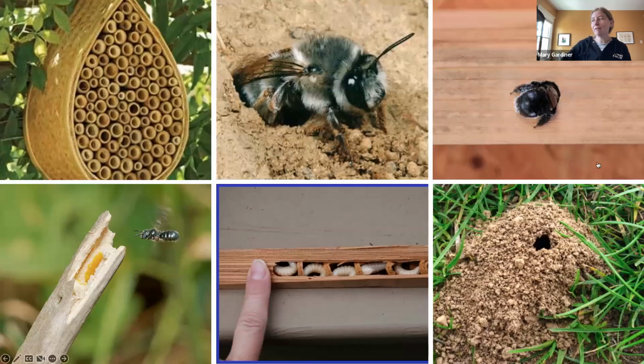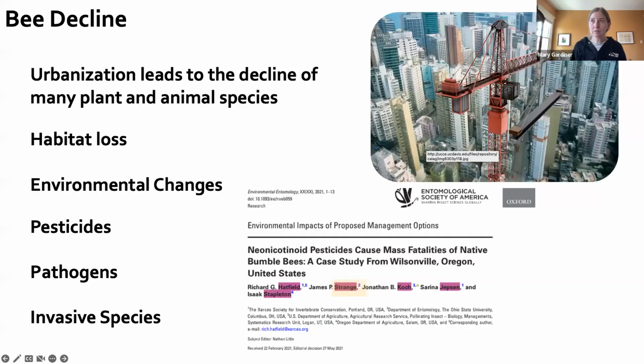Solitary bees make their living in all sorts of different ways. Some nest in cavities, like little stems or pithy stems or crooks in bark, or even cavities that we provide. Some nest in soil, and this is an example of a soil nest. Some nest in wood like carpenter bees. So they use a lot of different components of the environment to make their nests and reproduce. And so unfortunately, these resources that bees need are threatened. And this has led to the decline of many bee species.